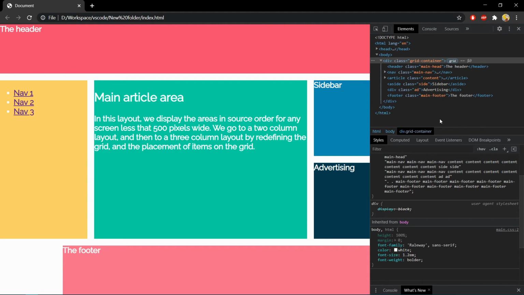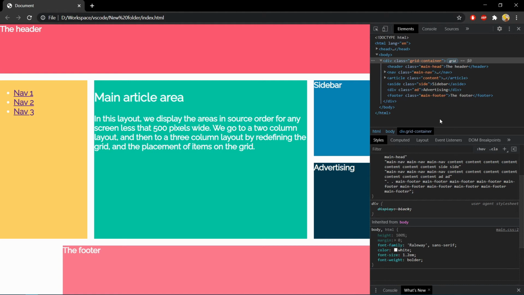So till now we have learned 3 alternative properties to define grid area. We started with grid column start, end, grid row start, end. After that we learned grid column, grid row, and the last we have learned grid area. There is no standard you should use in this or that particular case. You can use as you like or your team members are comfortable with.